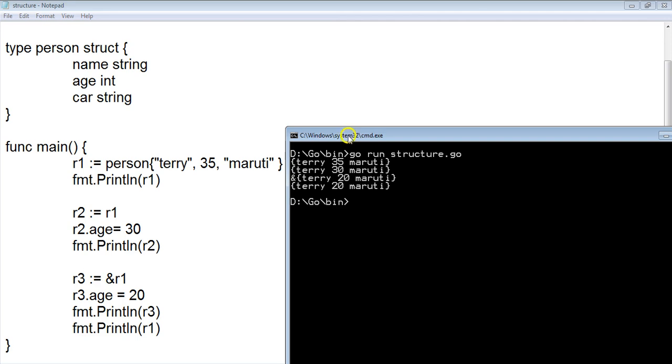To sum it all up, we have a structure declaration like this: the type keyword on the left, the name of the structure, and the struct keyword on the right. Inside the curly brackets you can have as many fields as you want, and you can have mixed data types as in other programming languages. Within main you can use any variable to assign to the structure with the arguments and print it. And you have two provisions for structures in Golang: you can copy a structure by value, or you can copy a structure by pointer or reference. We'll see more in the next video.